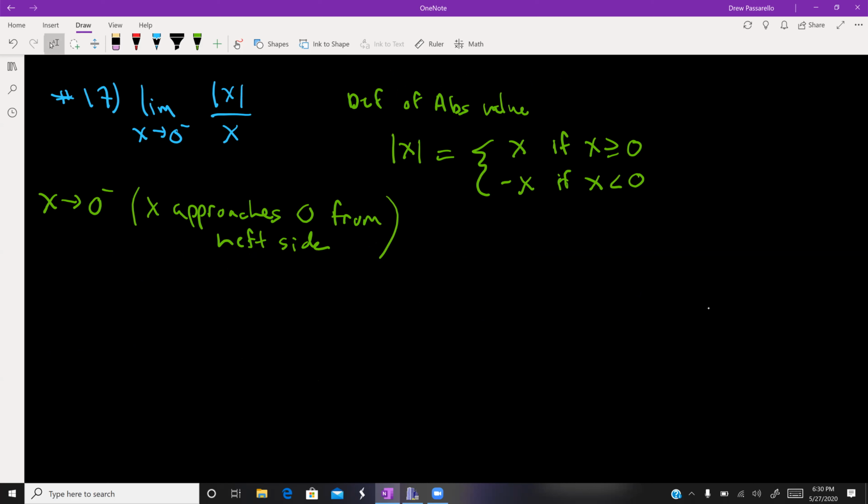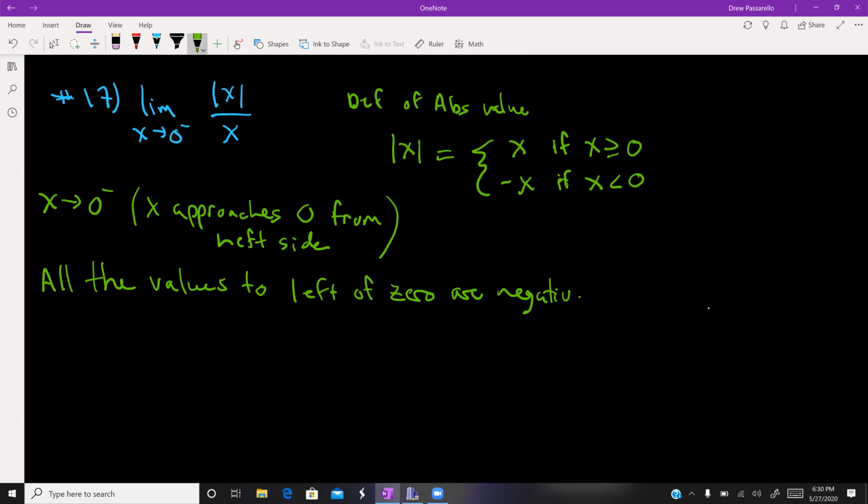So since I'm approaching 0 from the left side, all of the values to the left of 0, like on a number line, are negative. They're less than 0. So really, when I find this limit, and it's a left-hand limit,